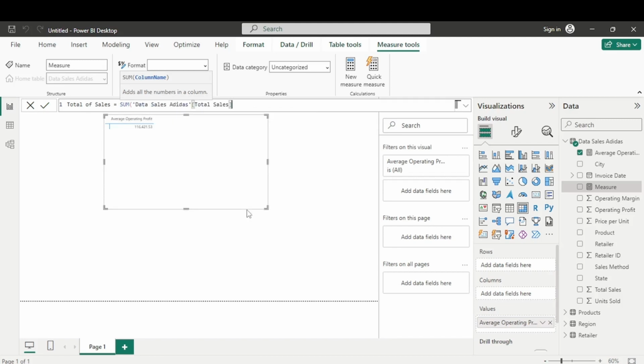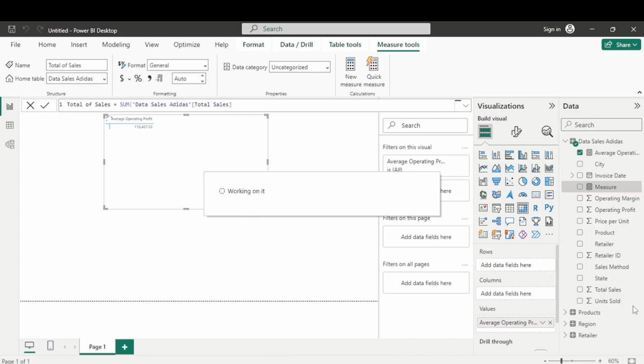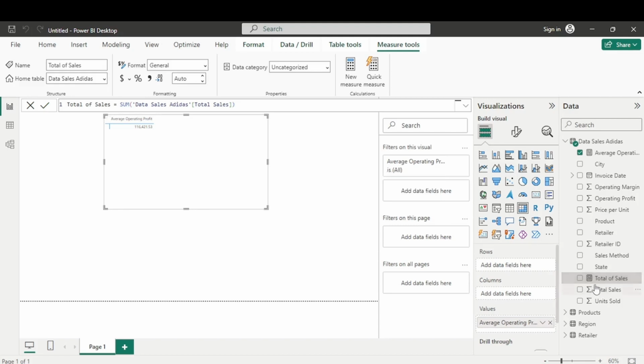I just pick it from the drop down and hit enter. And since we have another total sales here, we cannot name it the same. It will pop up and it has this calculator icon. You can drag and drop